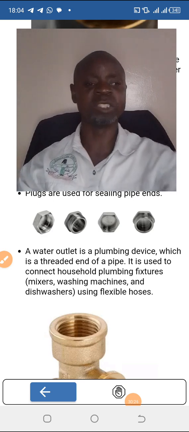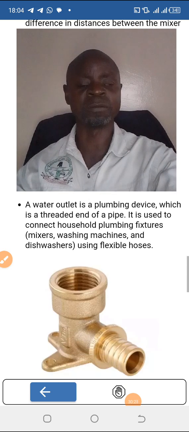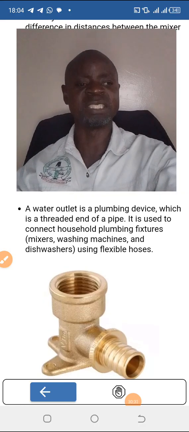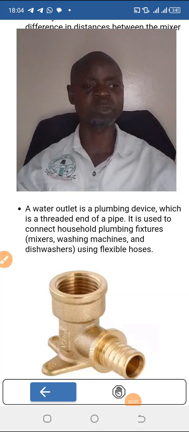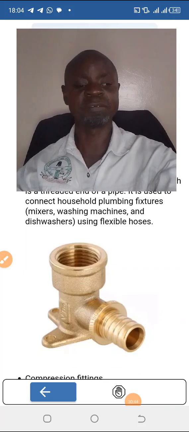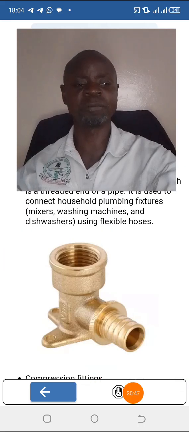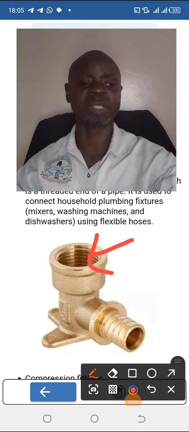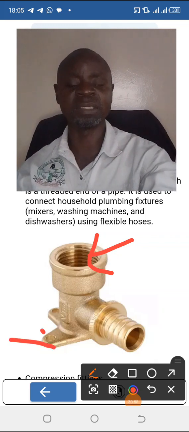Okay, a water outlet is a plumbing device which is the threaded end of a pipe. It is used to connect household plumbing fixtures, mixers, washing machines and the dishwasher. So as you can see, this is a special fitting, gentlemen and ladies. This is where you are going to connect your tap, and this part is where